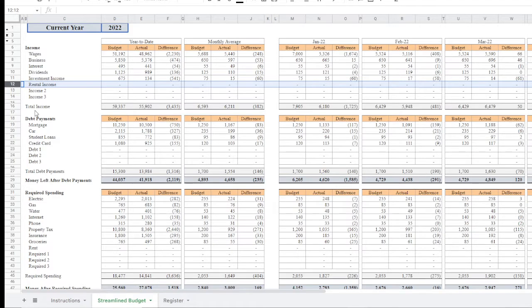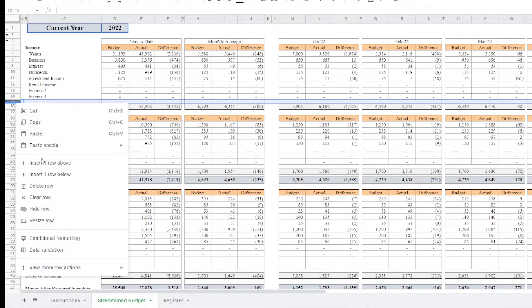If you need to add an account, and this works for any of these, not just the income, this one's a little more tricky, so I want to show you because people ask me this all the time. If you highlight the last row, the row between the total for that group and the last account, so in this case it would be, as you see here, like row 15. If you insert right there, if you right click and say insert one row above